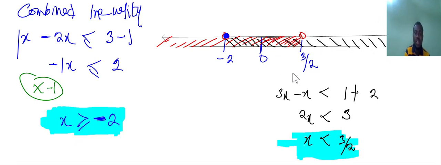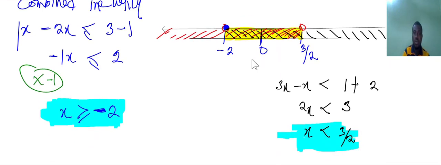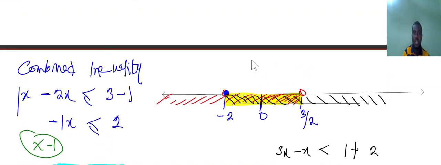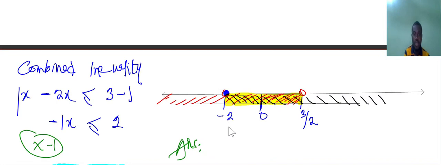Now that means the shadings agree in between. There's an agreement here, so the final answer can be merged as a single answer. If there's no agreement, the final answer will be written separately. But here there's an agreement, so we can merge the answer as a solution set, starting from the smaller number, minus 2,